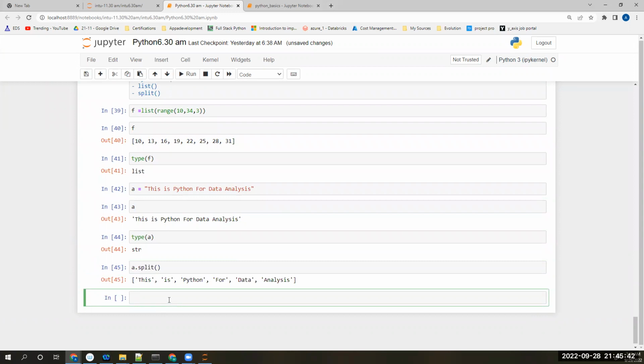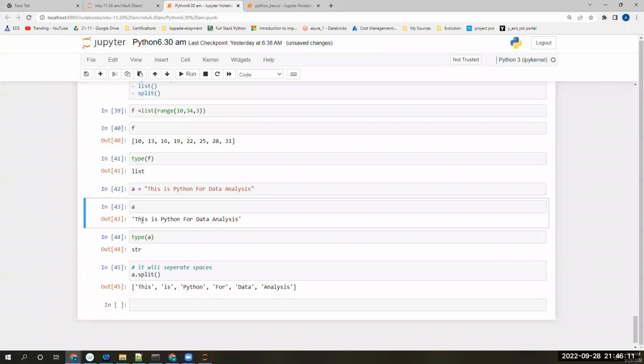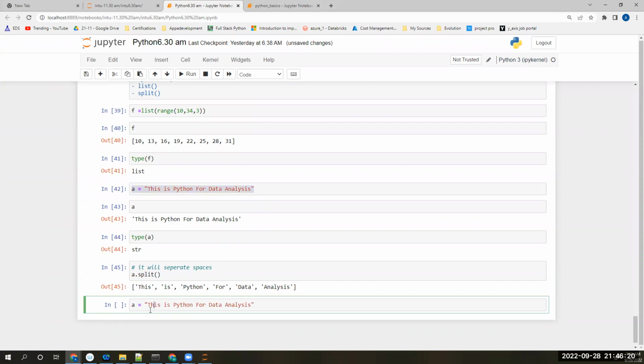what's happening? Each and every word it gives as separate. Whenever it identifies a space, it separates that as one entity and stores it in the list. If that is not the case, for example, see, I'm inserting commas here. I'm taking the same string once again, and